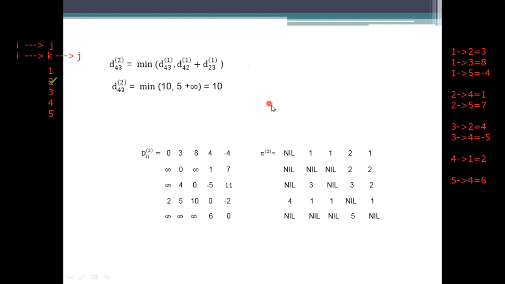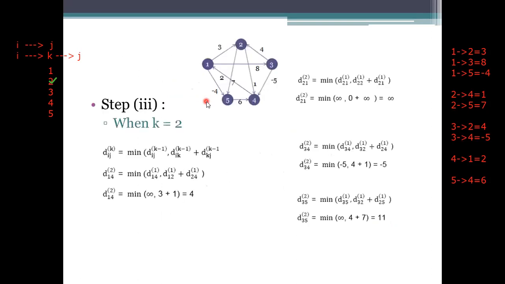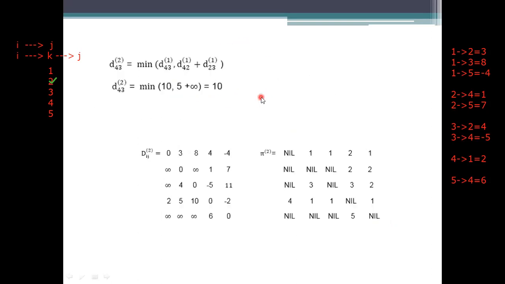So here 4, 3 will be available. 4 is having the 4, 3 is having the path or not, we need to see. If there lies a path, we need to specify that one. If not, we need to stop there itself. Where did I get this value? 4 to 3, is there any path? No.